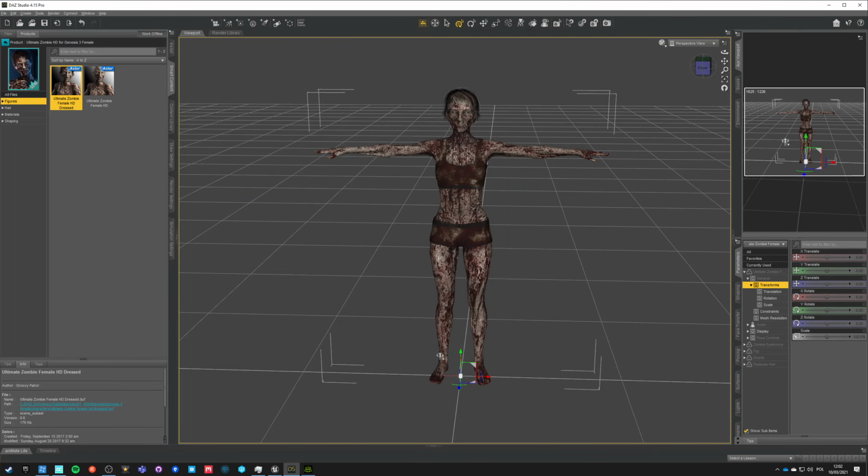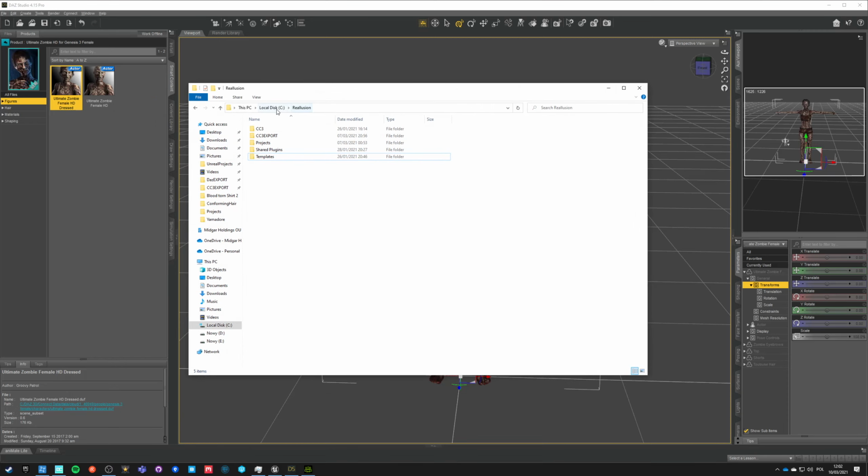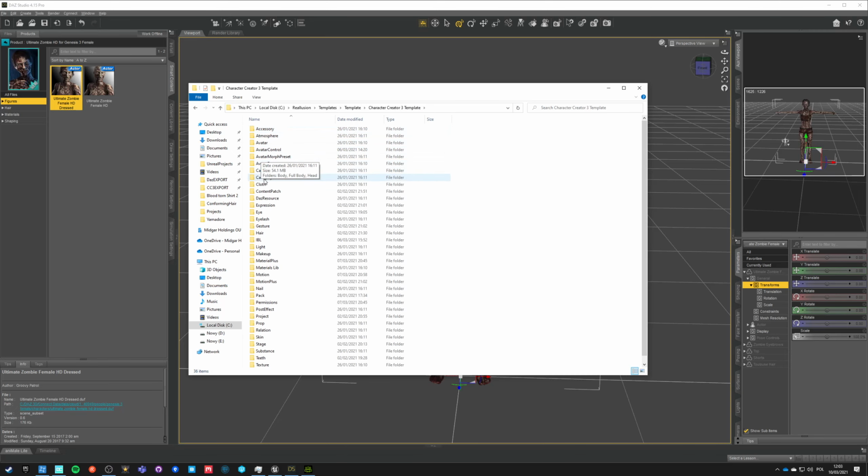Okay. And what we need now is to open our Reallusion install folder. Inside the install folder, or the folder that we have the resources, sometimes it will install in different places. When you are installing Character Creator, you can pick where you store everything. So I like to store everything in just one master folder. So you will have a folder called templates. It's a very big one. Inside templates, you have shared templates and templates. We want to go into templates, Character Creator 3 templates, and there you have